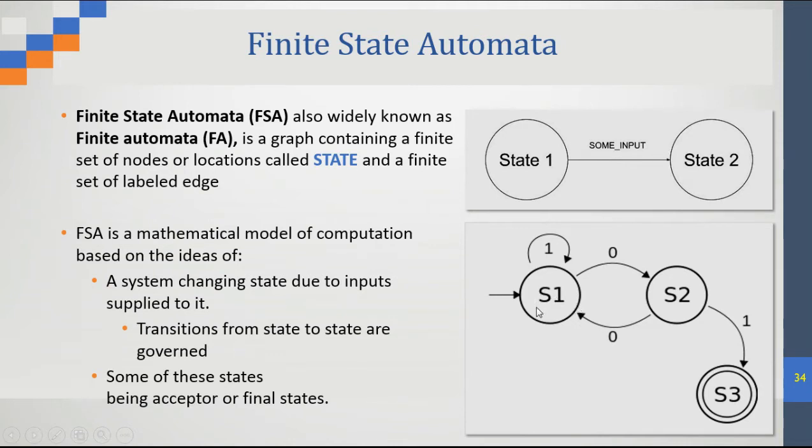If the input is 0, we move to S2. But if the input is 1, we keep staying in S1. And here is the same: if the input is 0, we go back to S1. But if 1, we can go to the last